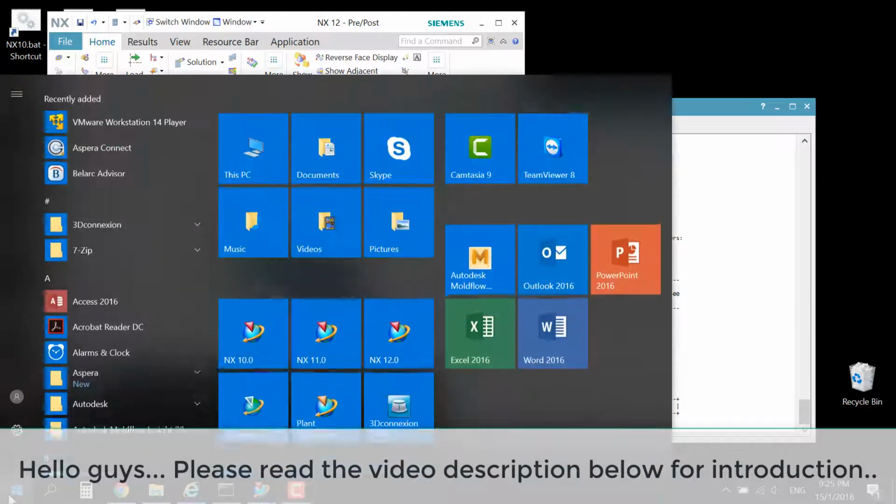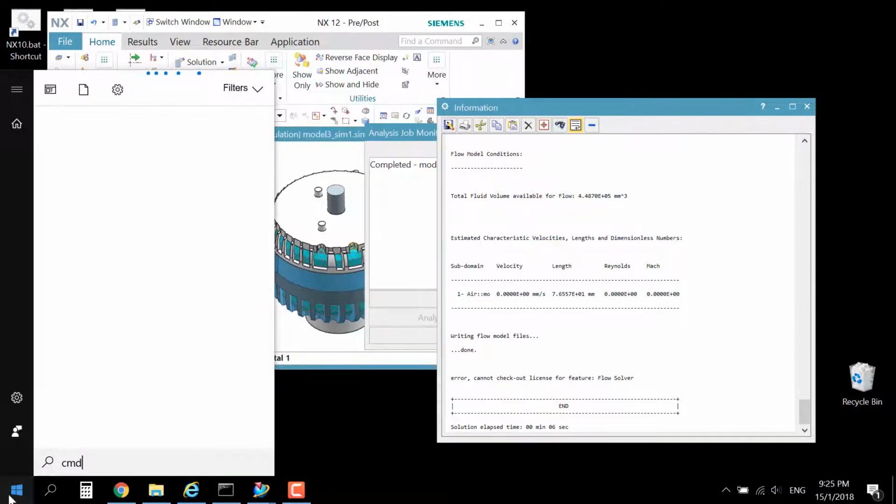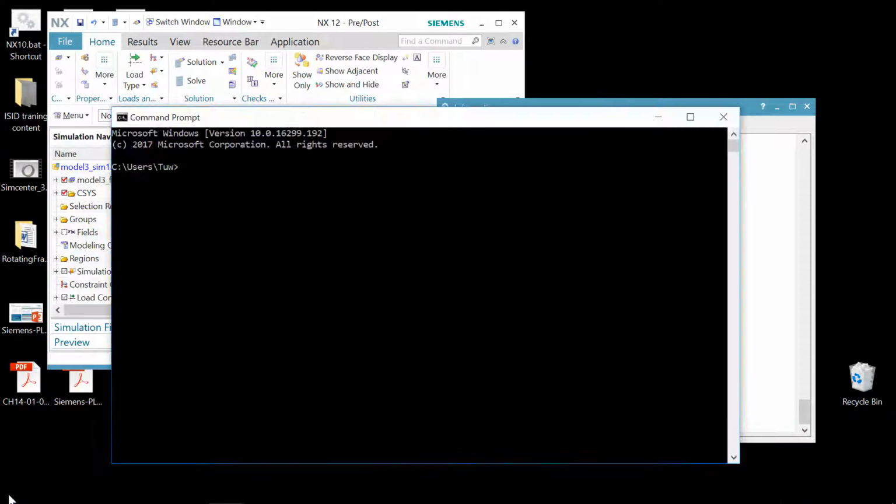So now let's go ahead and look into the commands that I'll be using. This will be the command prompt. You can easily start a command prompt using the cmd command from the window and navigate to the license server folder. How do we do that? We simply use the cd